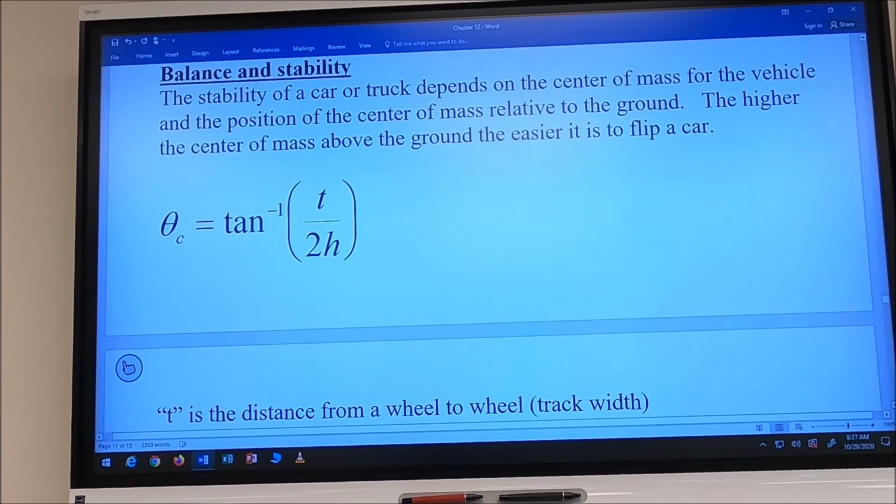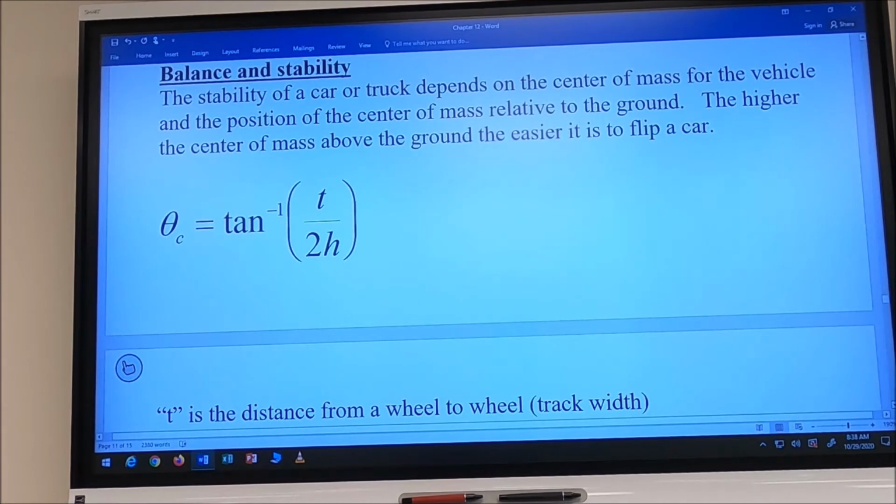Cars and trucks have a stability factor based on the center of mass of the object and how high the center of mass is relative to the ground compared to the wheelbase. The critical angle is the inverse tangent of